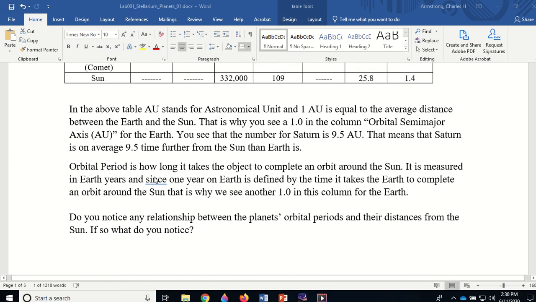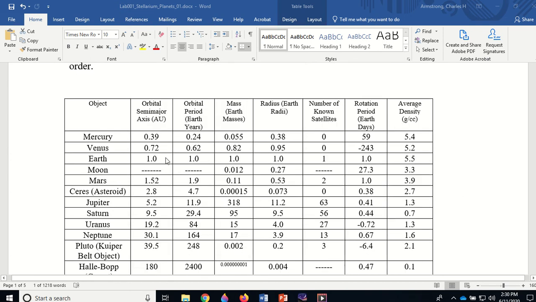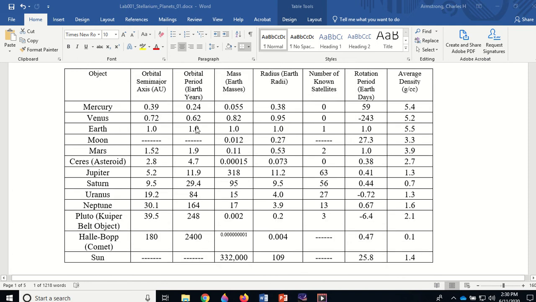And then orbital period is how long in Earth years it takes the planet to orbit the Sun. So there's Earth at 1, because that's what defines a year. How long does it take the Earth to orbit the Sun? You can see that Mercury is down here at a quarter of a year, just about 4 months. Venus would be maybe about 7 or 8 months. And then you come down here, Mars takes about 2 Earth years to orbit the Sun. Jupiter takes almost 12 Earth years to orbit the Sun. You go down here to Neptune, 164 years to orbit the